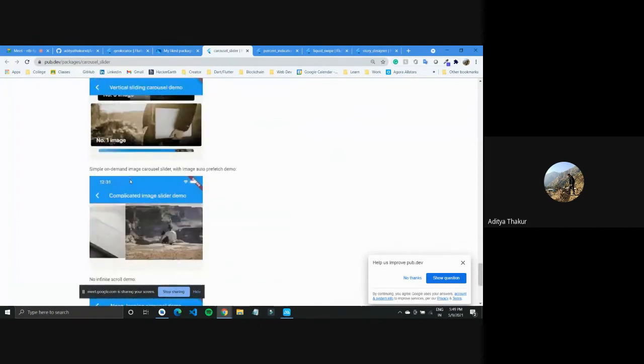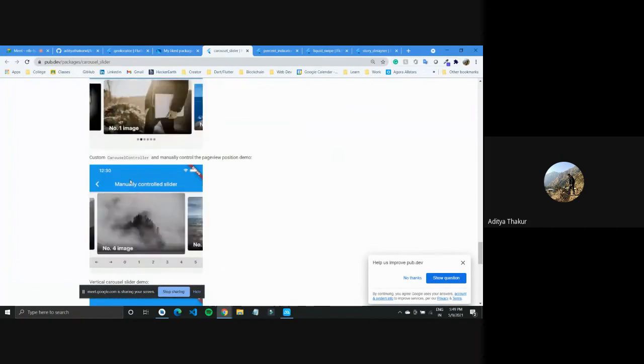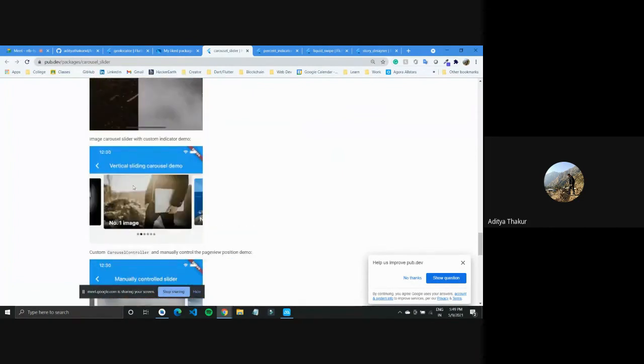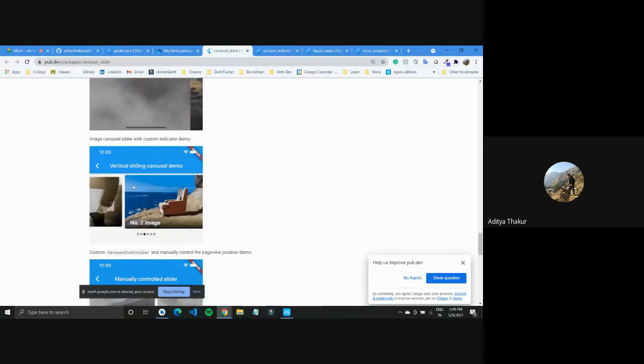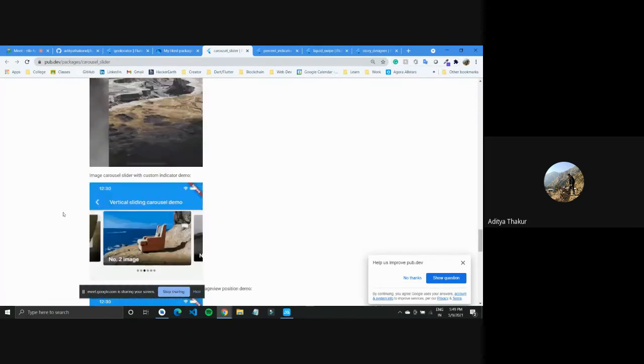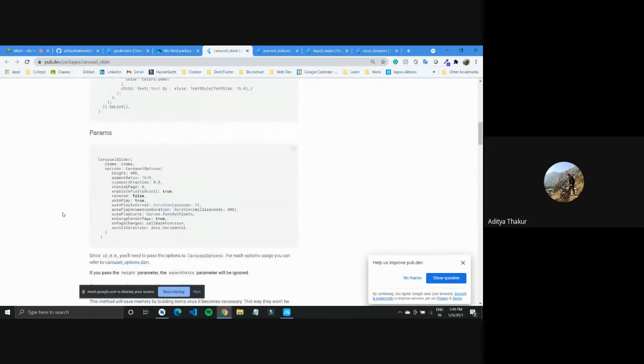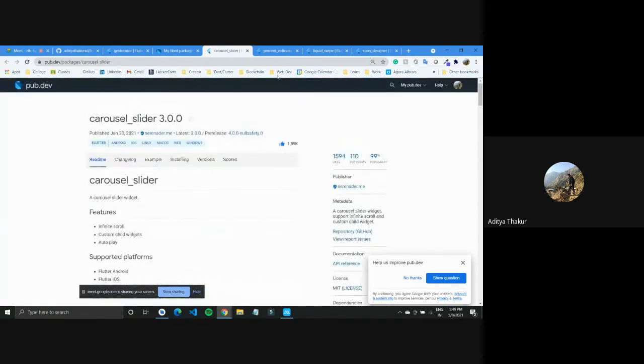There is one, I believe, for Tinder swipe as well. These packages can be used inside your Flutter application, for example when you are creating a shopping app and want to show all the products. Or when you are creating an onboarding screen, when a user comes to your app for the first time, you want to show what the different features available are. So this is one package that you can use inside your Flutter application.